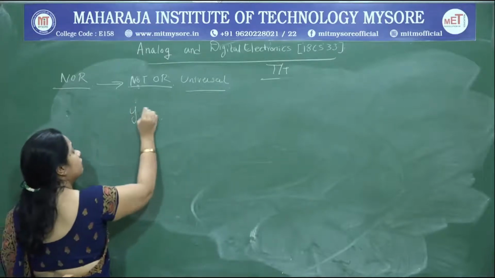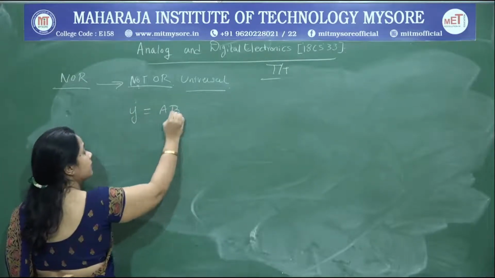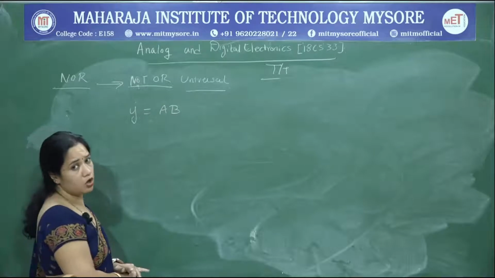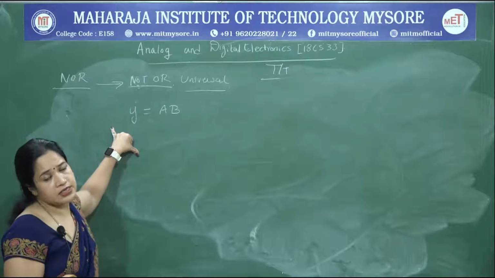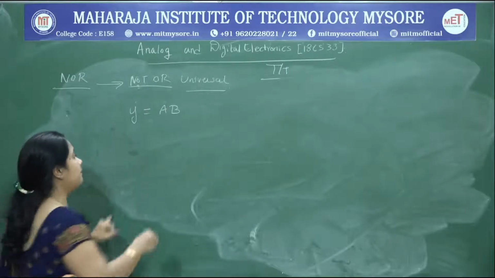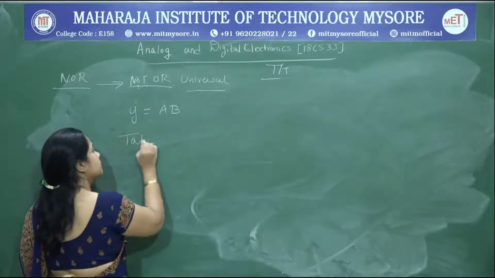So here you have what is AND gate? Y is equal to AB, but I need to realize it using NOR gate. So what I do is I complement this equation twice. So complementing an expression twice